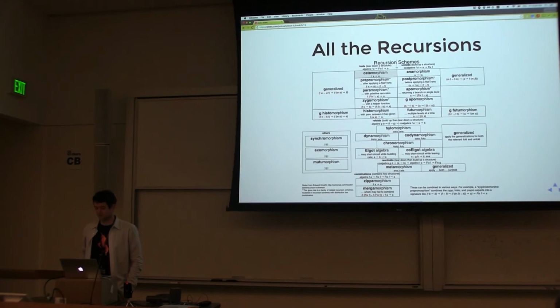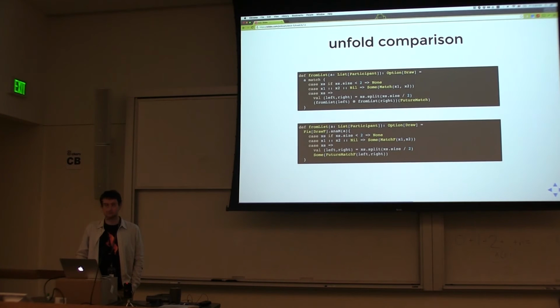Yes. Can you go back one slide? Yes. So your recursive call can never return a none, right? Or your quote-unquote recursive. Well, which one are you talking about? Your last case at the bottom. It's always returning a some. So shouldn't it be able to return a none? Like if one of your branches was missing, if one of your leaves was missing a thing. So if one of the leaves was missing, because we're calling ana M, the ana M function is binding for us. So if there's any none, it's going to return none. So we're only going to hit that case XS if